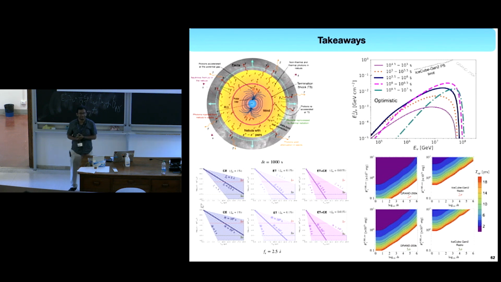Maybe the microphone should be there. Last question. You consider the P gamma process as the main source, but in principle, even the gamma process can produce neutrinos. Do you have it in your calculation? No, because my nebula is a very rich source of radiation, you have the gammas. So we check the PP and the P gamma, but we didn't go through the gamma channel producing neutrinos. But as far as I know, I think the contribution would be